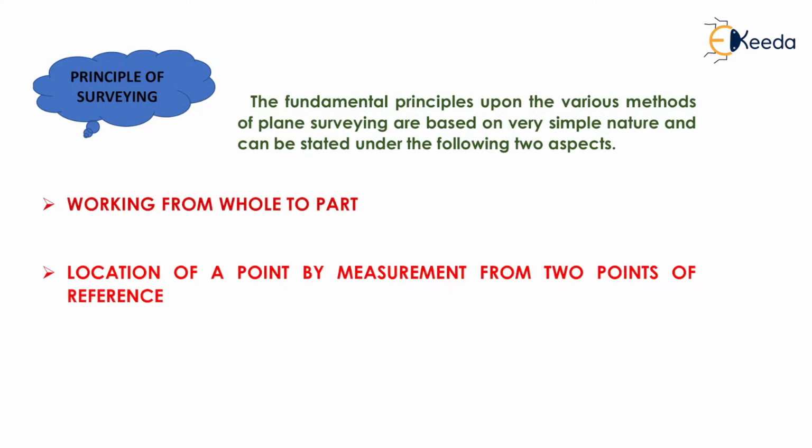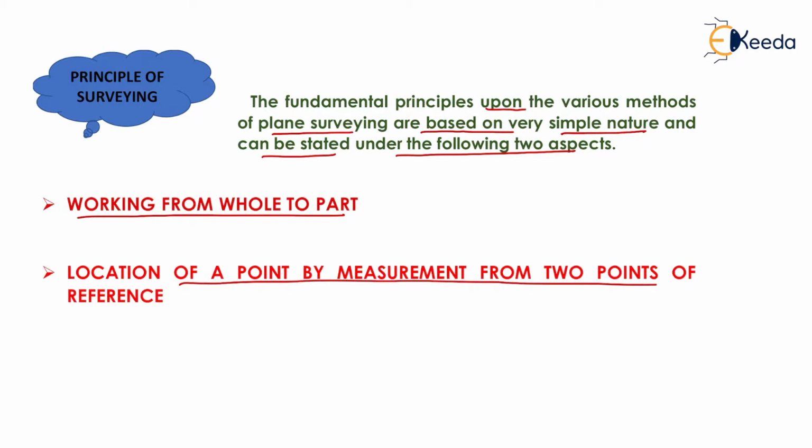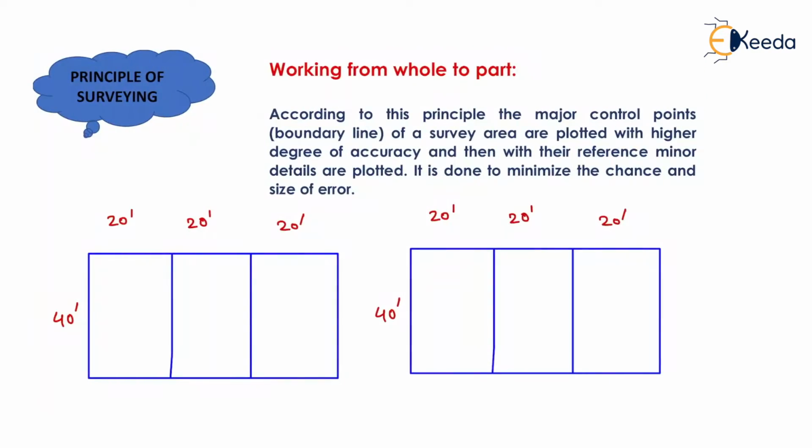The fundamental principle upon which the various methods of terrain surveying are based is very simple in nature and can be stated under the following two aspects. Now we have two principles of surveying. First one is working from whole to part, and second one is location of a point by measurement from two points of reference. Now we will see each and every principle in detail, starting with working